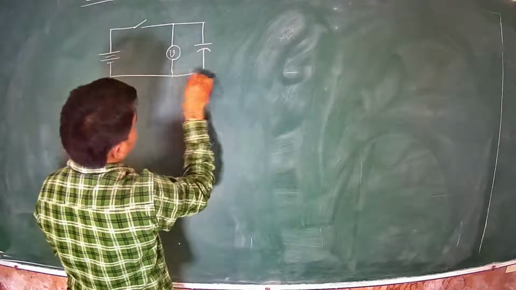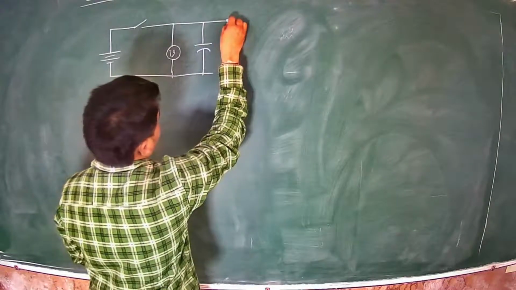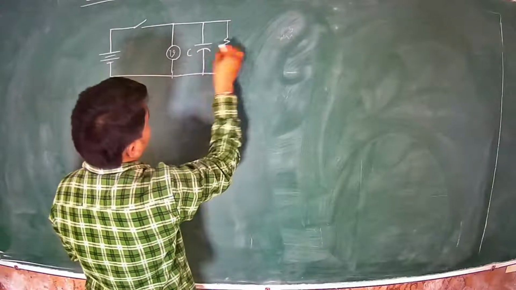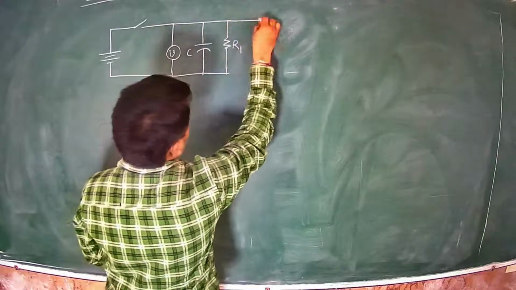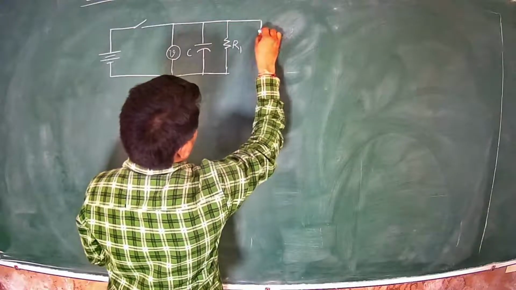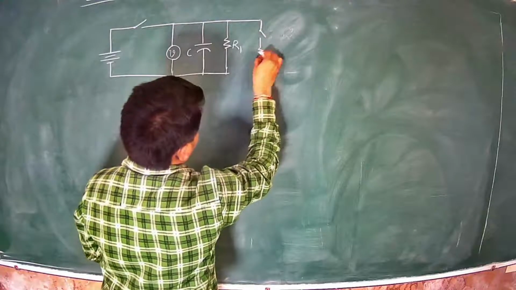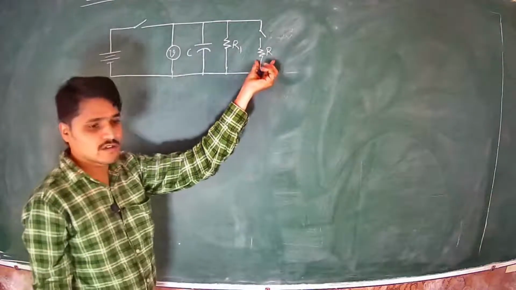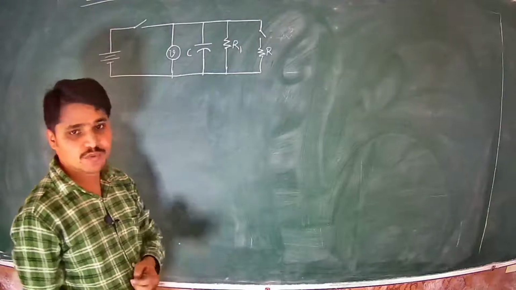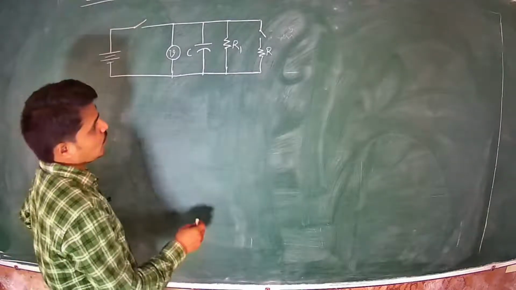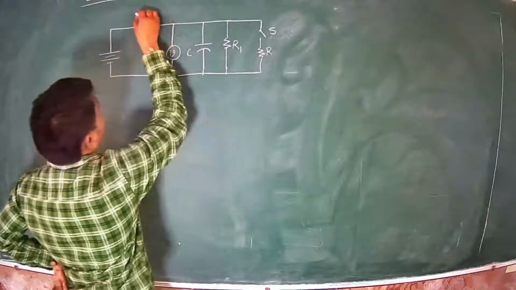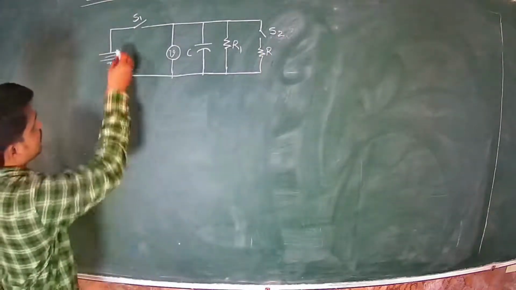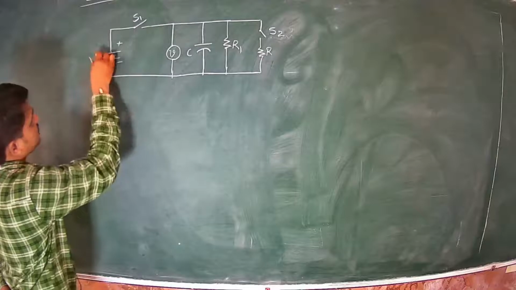So the modeling of this high resistance is like a dielectric strength model, that is R and C are in parallel. And this R is the unknown resistance to be measured, that is high resistance, which may be in mega ohms. Now here we are going to have a switch. So this is the main switch. And this is our battery supplying the voltage V, capital V, let us say.